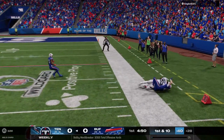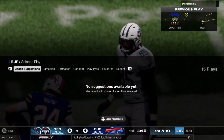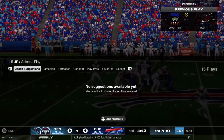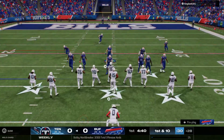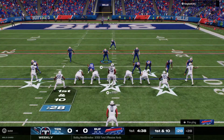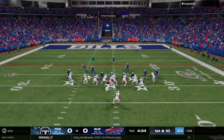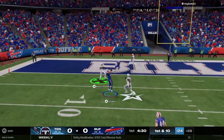His pass caught. It's Chigokonkwo. And he'll be taken down, but they are in business inside the 30-yard line. They've done a nice job spreading the ball around. Make the defense have to account for as many different weapons as possible here early. And think back to our conversation with this coaching staff, Mike. They identified this guy as someone they needed to get involved early and often, so...